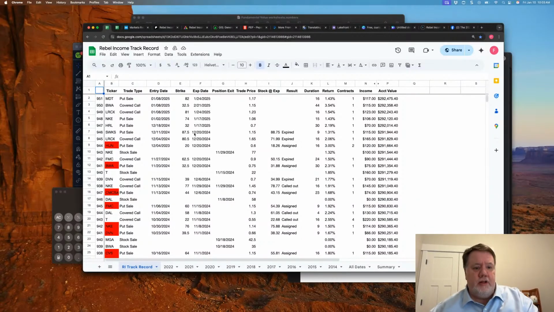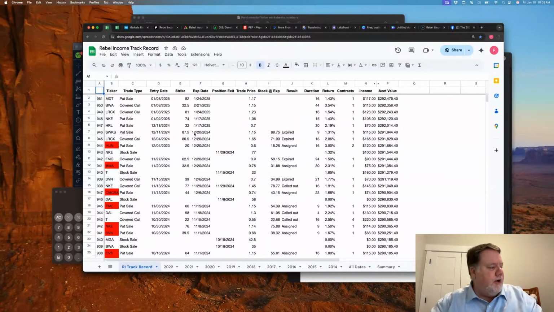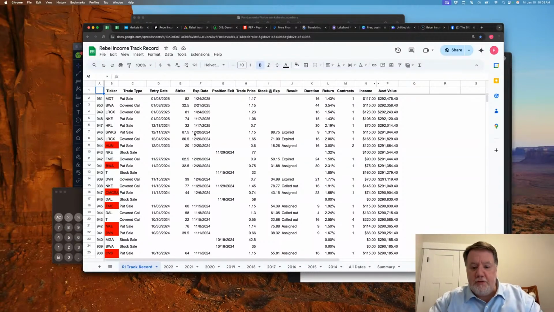Also, I hope that those of you that are here have some stocks in mind that you might like to take a look at. I expect that we'll probably have some time towards the end to open things up and possibly take a look at some things that you may be interested in that may not have crossed my desk as far as the trades that I'm looking at for Rebel Income. So we'll see how that goes.